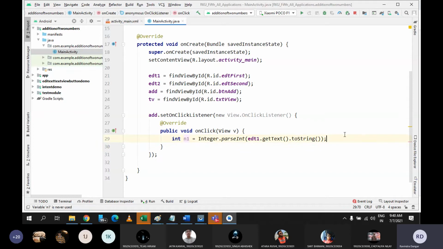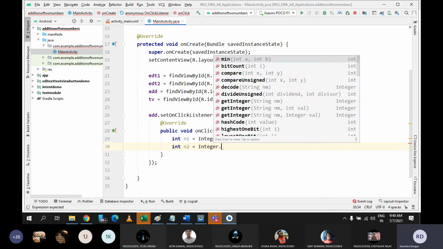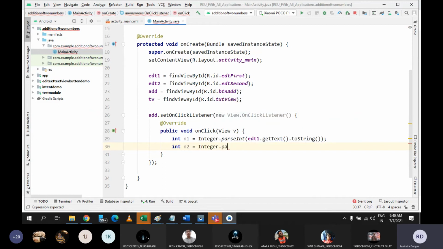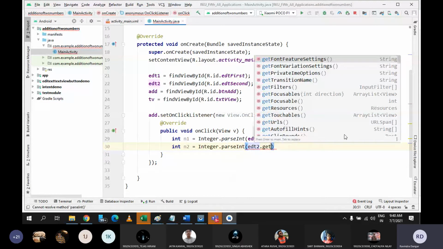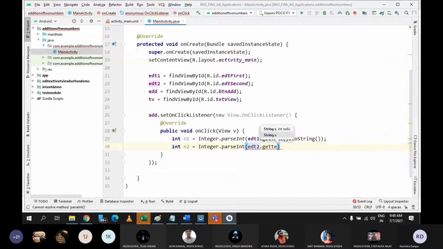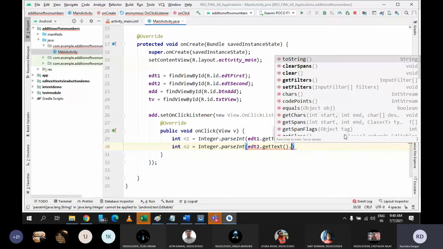Same thing you can do for the second edit text. Let me go with one more number, integer n2 equal to Integer dot parseInt, edt2 dot get text dot toString.